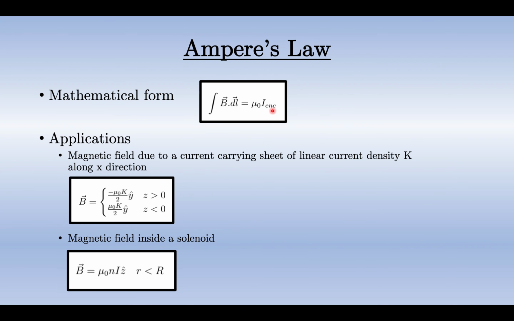Then we have Ampere's law, which is similar to Gauss's law, and it is derived from the expression of the curl using Stokes' theorem. We can say that the loop integral of the magnetic field around an Amperean loop will equal mu naught times I enclosed, where I enclosed refers to the total current that crosses the area of the loop. We can use this for many applications in cases where there is symmetry, like finding the magnetic field inside a solenoid, and also the magnetic field due to a current carrying sheet. These applications have also been seen in 12th grade, so this is also quite familiar to most of us.